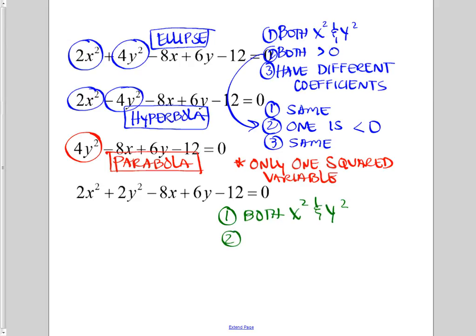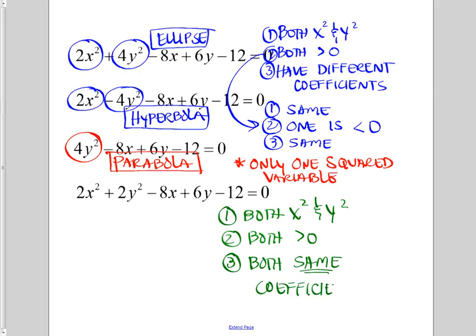They're both greater than 0, but they both have the same coefficients. That's right in front of you there. But anyway, because this is 2 and this is 2, you'll notice as you start completing the square more and more